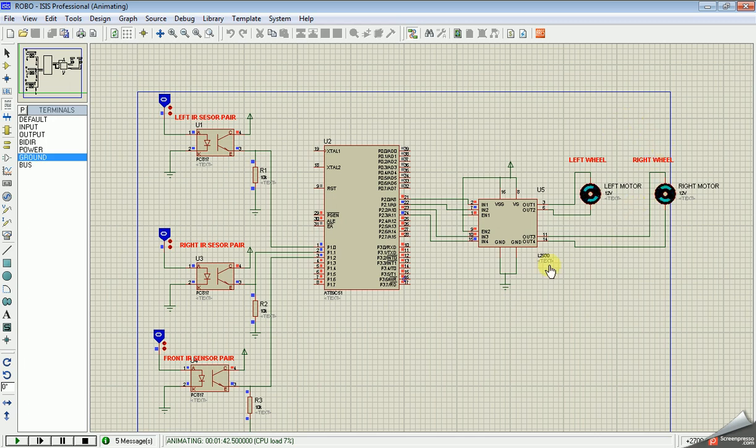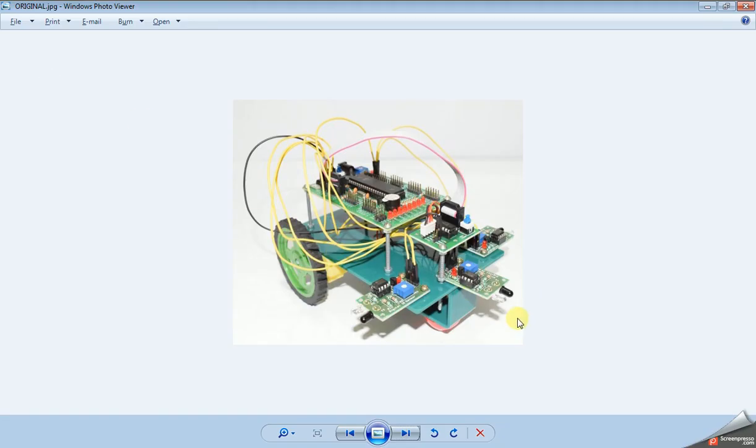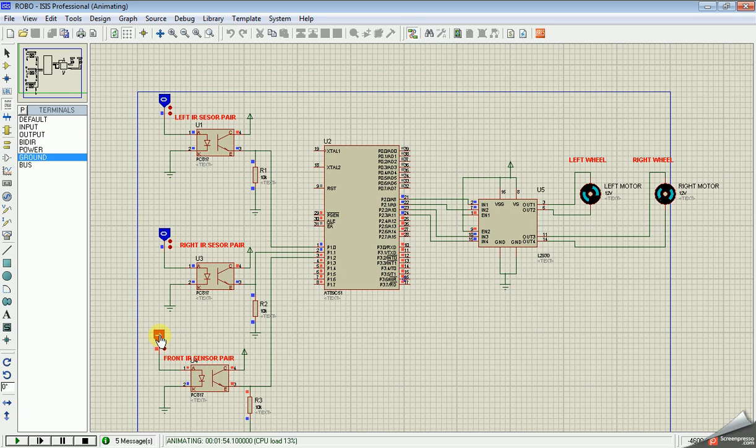Now let's see the last condition, that is whenever there is an obstacle at the front side, this side, the robot has to stop. As you see, both motors stopped rotating. So now the robot is in the stop condition. Instead of this last condition, where I have written to stop the robot when there is an obstacle at the front sensor, we can write a logic like taking a U-turn. U-turn means first it has to go left and forward, like that. So you can make a logic and try that program.